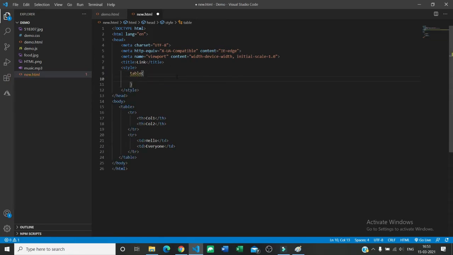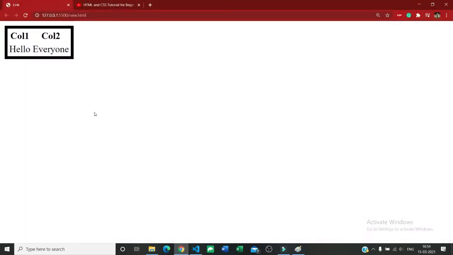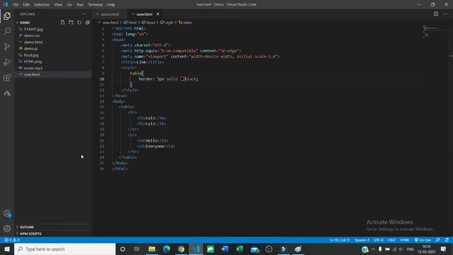Now in table tag I am going to give a property border, 5 pixel, solid, black. This is the basic CSS you can apply on any table element. So here you can see that the whole table is inside a border. So now next we can apply